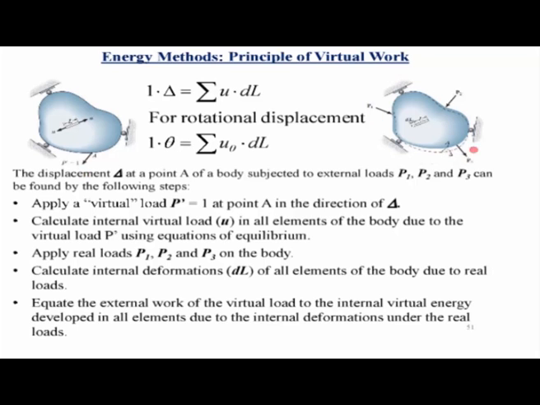So let us look at this system, which is subjected to 3 different external loads, P1, P2 and P3. Now if a deformation is required of this system at a point A, which is independent of the points of application of the load, so it is not any of the 3 points where the load is applied, it is some other point. If we have to calculate the deformation in a certain direction of the system under these given loads, then we introduce a virtual load like this, which is shown here.